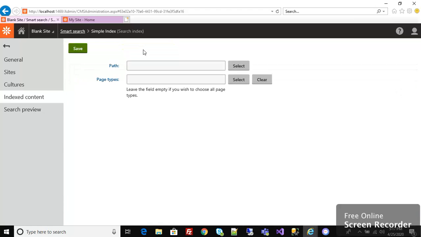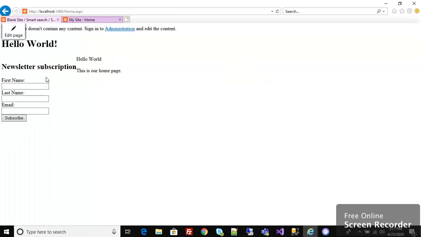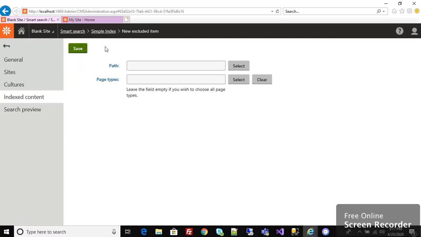For example, if you need to exclude the home page from the search, you can add that URL here and then click save. It will automatically exclude it from the search.